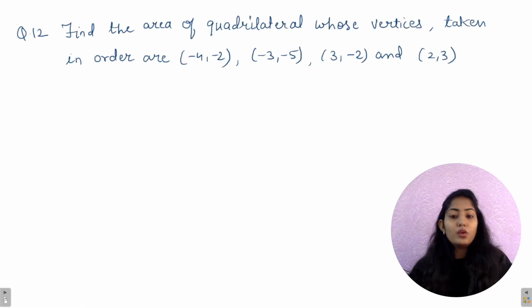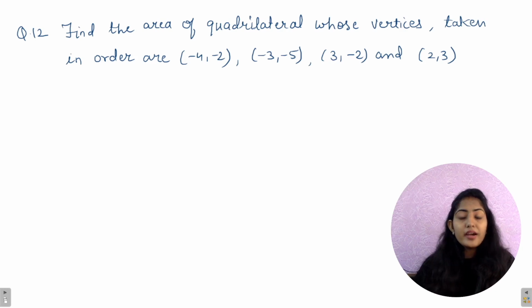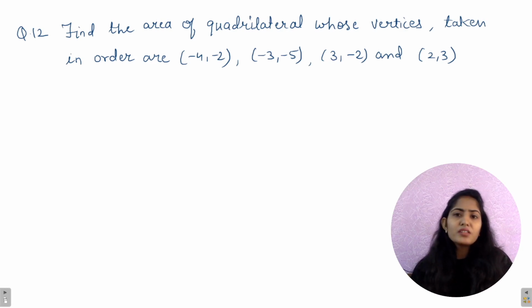Okay, there is one more question is given here, that find the area of the quadrilateral whose vertices taken in order. आपको एक quadrilateral दे रखा है. समटाइम्स ऐसा क्वेश्चन भी पूछा जाता है जो कि डिस्टेंस फॉर्मूला से रिलेटेड है. आपको चार पॉइंट्स दे देंगे एंड यू हैव टू फाइंड दैट ये कौन से टाइप का क्वाड्रिलेटरल है. तो आपको इनके बीच की डिस्टेंस निकाल कर पता करना पड़ेगा कि ये अगर चारों सेम है तो इट मे बी स्क्वायर